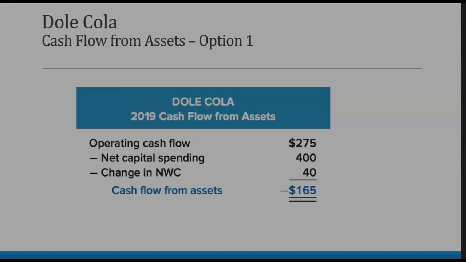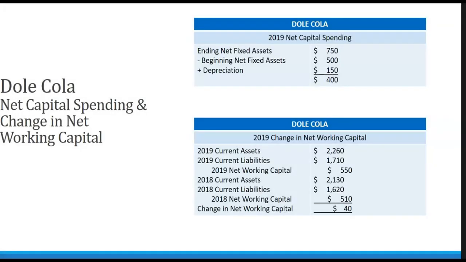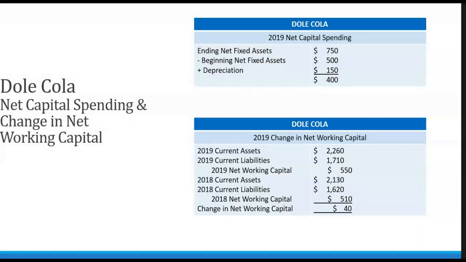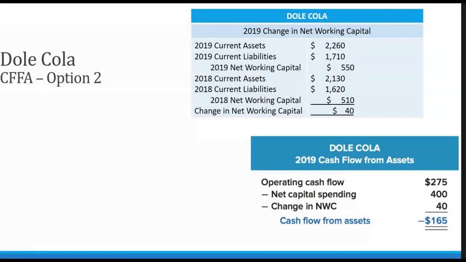And if we go back to our income statement, we can see that that $30 was the payment of dividends, the amount that we paid. So that is our cash flows to stockholders. That is the end of chapter 2. And we will, of course, work through more of these examples and examples of calculating tax rates in